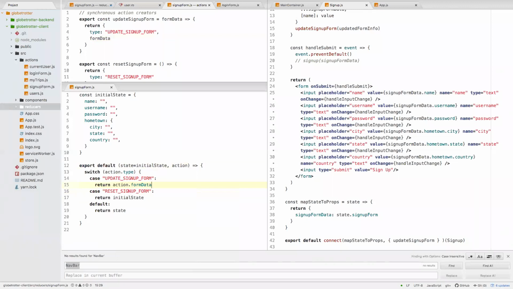Is that what I want to do? Any thoughts? No, not with the combined reducer. Well, combined reducer just says that this particular reducer is responsible for updating that particular piece of state, which in this case is the form data around the sign-up form. Maybe I'm wrong, but doesn't it tag it with something